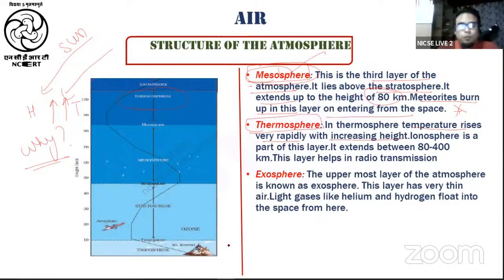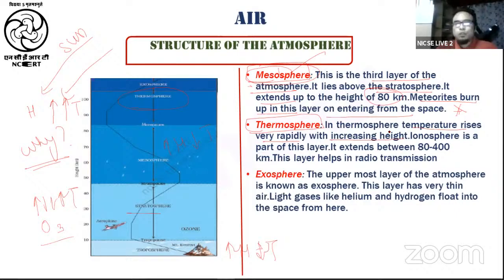In case of the troposphere, as the height increases, the temperature starts to decrease. In case of the stratosphere, with increase in height, the temperature starts to increase. Why? Because here we have the presence of the ozone layer, and this ozone layer will absorb the UV radiations, and because of this, the temperature of the stratosphere increases. Then in the mesosphere, the pattern again changes, where with increase in height, the temperature will decrease, right? So troposphere, increase in height, temperature decreases. Stratosphere, with increase in height, temperature increases. In mesosphere, it decreases. In thermosphere, it increases, right?